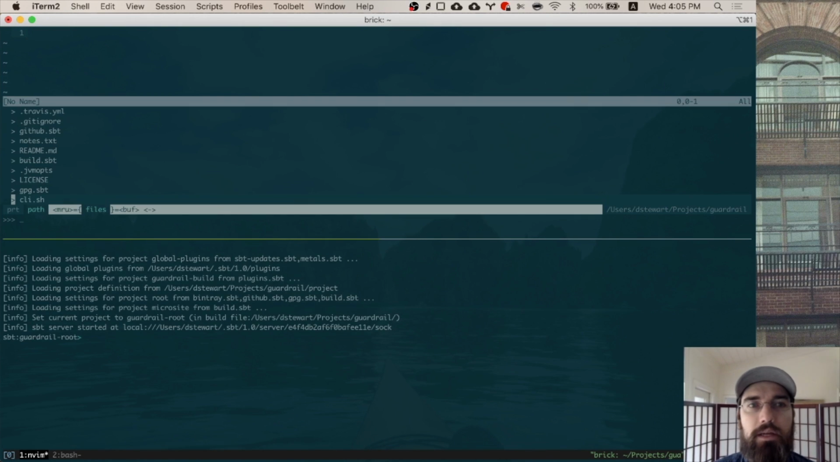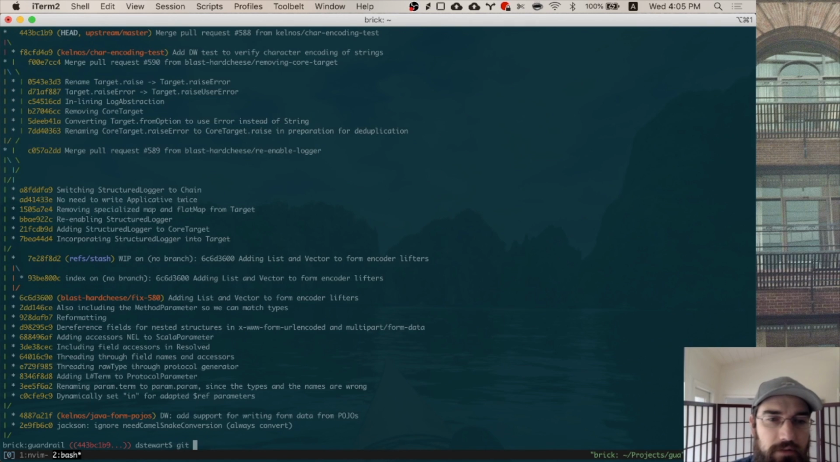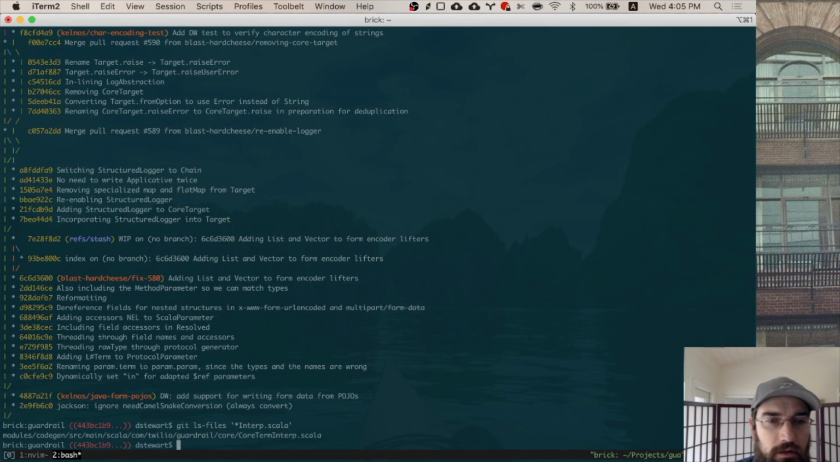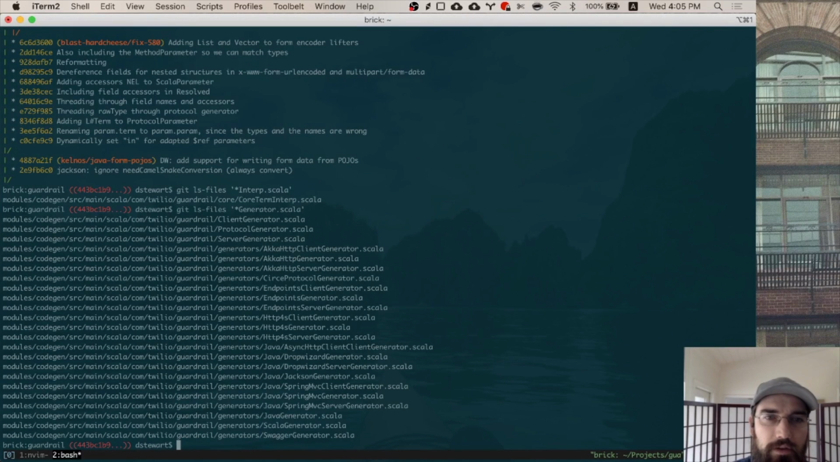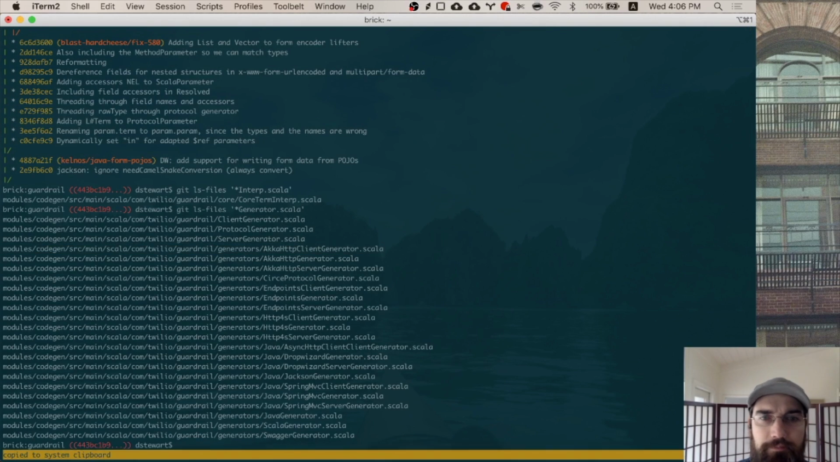So the main thing is we've got a bunch of files in interp.scala. So we've got core term interp and then a bunch of these generators. These are all just interpreters for free monadic, they're the free monadic interpreters. So if we look at, let's say, HTTP client generator,